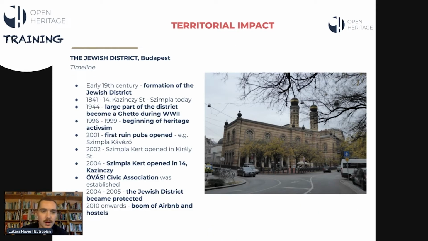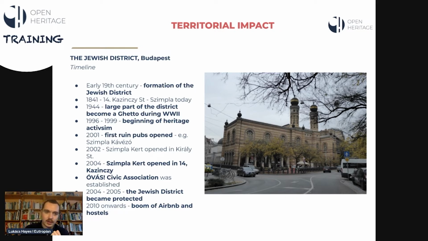And I will go into more detail now, especially showing you the timeline of how the recent development of this Jewish district started off. But we also look at the history of the area a bit. So the early 19th century was when this Jewish district started its formation, and Kazinczy Street 14, which is Szimpla Kert today, this ruin bar,